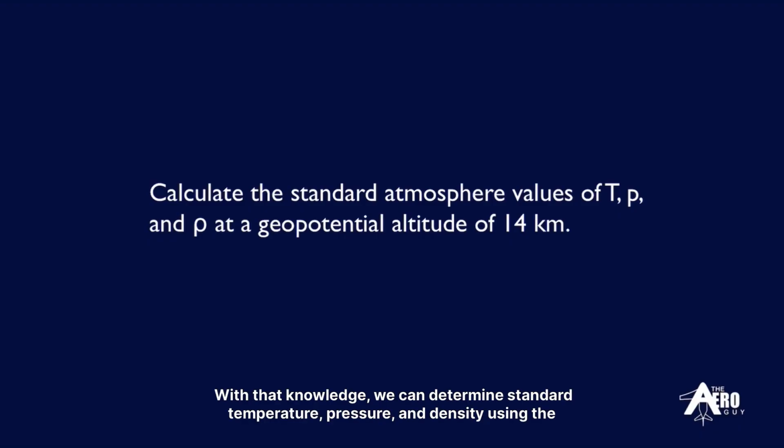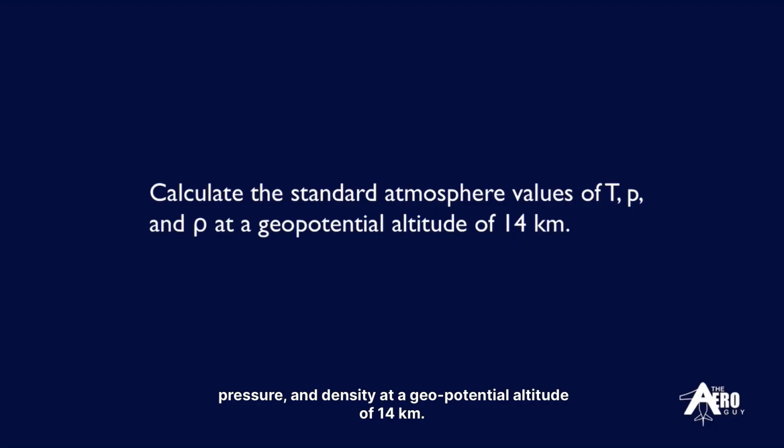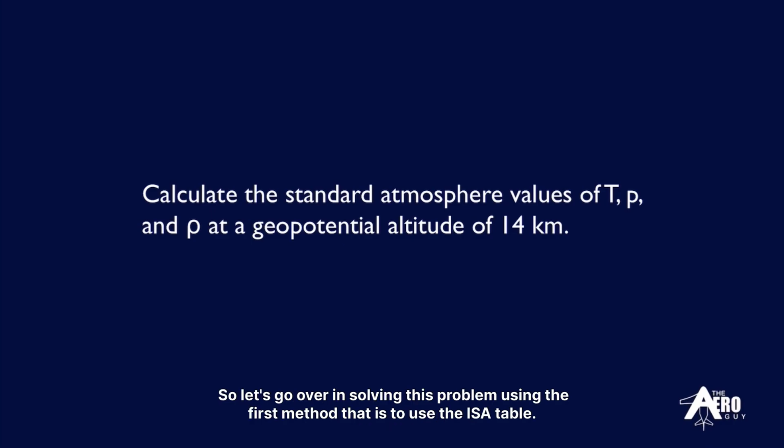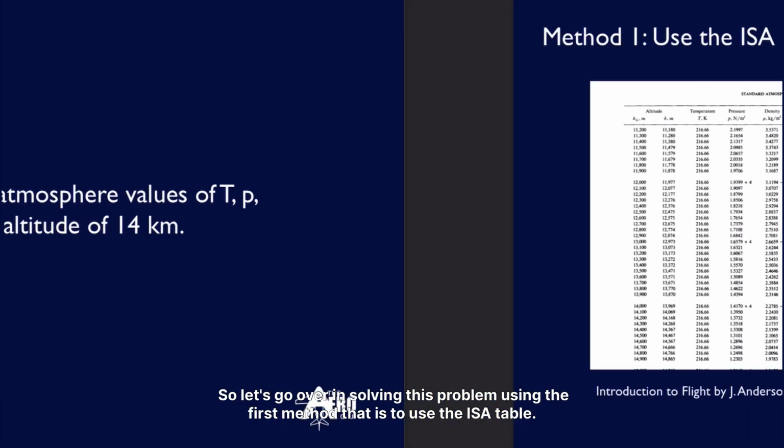With that knowledge, we can determine standard temperature, pressure, and density using the formulas we derived, or even by using the ISA table we generated from those formulas. So the question is asking us to calculate the standard atmospheric values of temperature, pressure, and density at a geopotential altitude of 14 kilometers. So let's go over solving this problem using the first method, and that is to